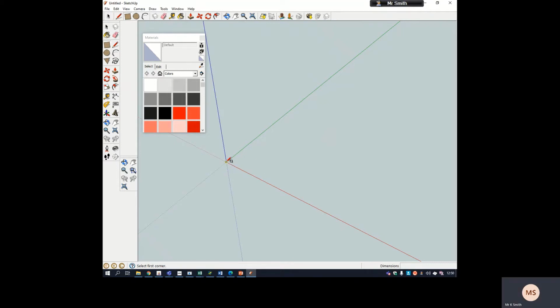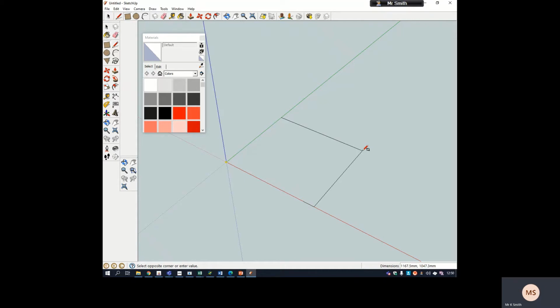And what you do is then you click in what's called the origin point. So you choose the square or the rectangle tool, which is this one here. And then you click in the origin point and you can see it's drawing it along this plane, which means from this axis to this axis. If I just drag out and then I type in the size that I want it to be,